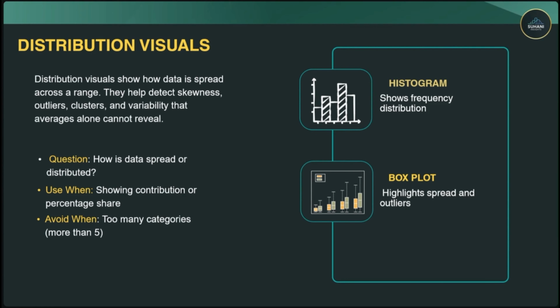We can use 2 charts for that. First is the histogram. It looks just like a bar chart, but all the bars are connected to each other. But actually, it does more than a bar chart. It helps us show the frequency distribution of the data. Like if the employee salaries are 20K, 22K, 25K, 27K, but one of them is a manager and the salary is 2 lakh, then that will be the outlier in the data, which can be easily analyzed with the help of a histogram or a box plot.